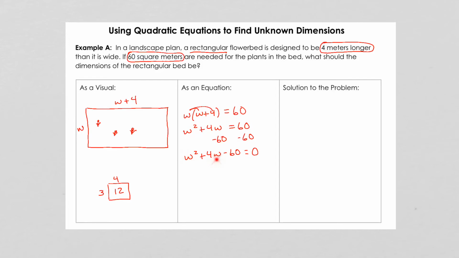We want to know what the x-intercepts are here. We already have it set equal to 0, and we can use algebra tiles. I just reminded you how to do those. That's fine. But we have a big number here, a 60. So it's kind of tedious to pull out 60 algebra tiles and try to organize those and figure out how we make our rectangles. So we're going to use another method that's very similar to the algebra tiles, but it's